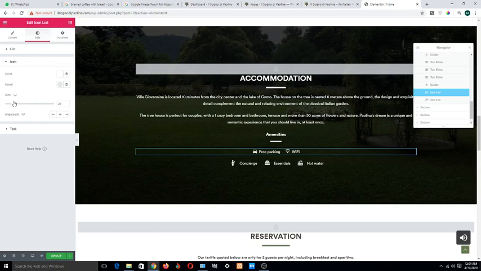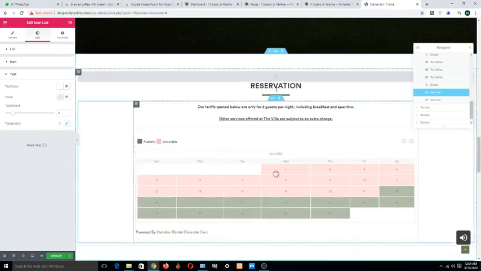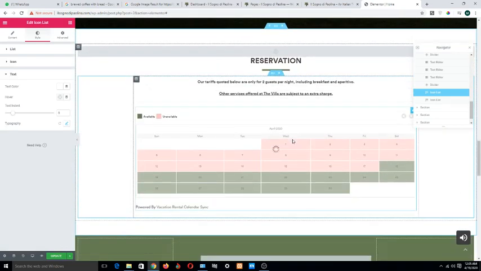Like that you can change the size. If you want to change the size of this text, or give space.